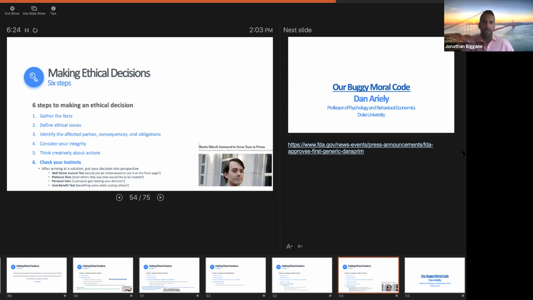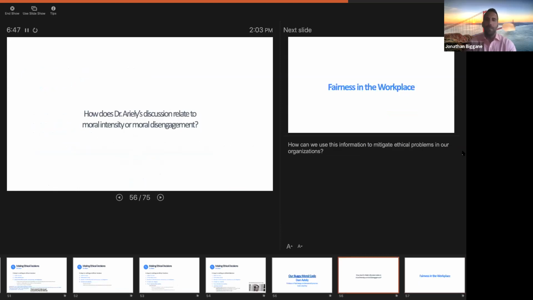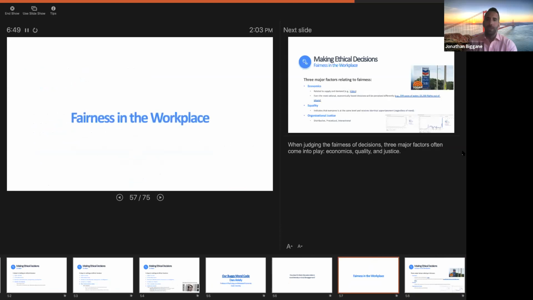And then cost-benefit testing. What are the costs and benefits of the situation? We don't need to necessarily, like Ford did, make the decision that is least costly financially, but we can look at the entirety of the situation. How is this going to cost our stakeholders? How is this going to impact our stakeholders and all the people who are interested in what's happening here? Okay, so there's a video here you can come back and watch whenever you'd like.